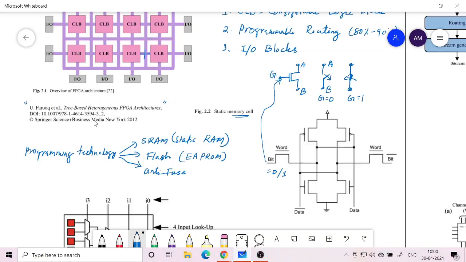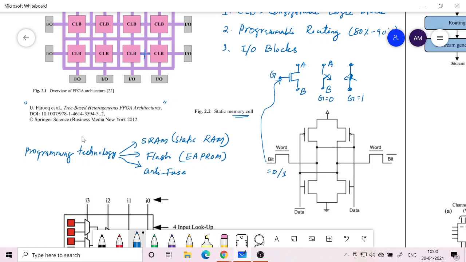When you download the program into the FPGA for configuration, we are giving inputs to each of these RAM cells. These RAM cells will hold zeros and ones, and accordingly the switch will be either open or closed, and that will make or break the connection between the wires which are crossing for routing, or inside the CLB it will make changes in order to generate a particular Boolean function.